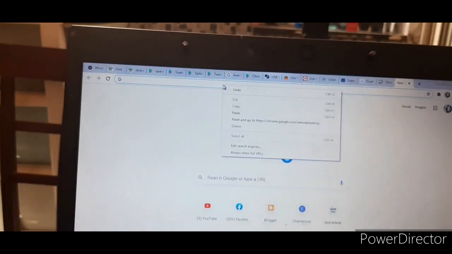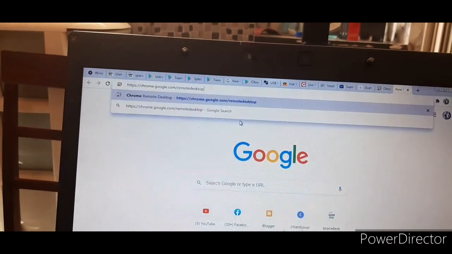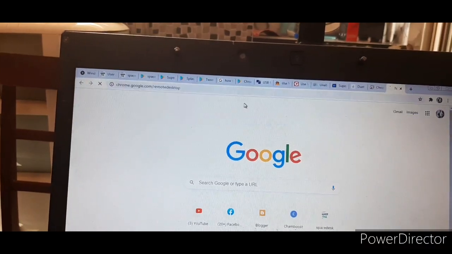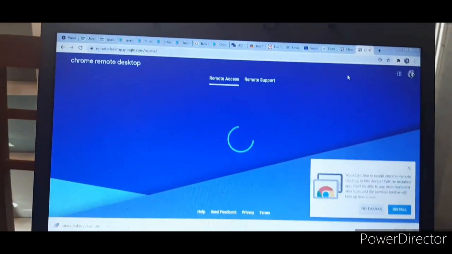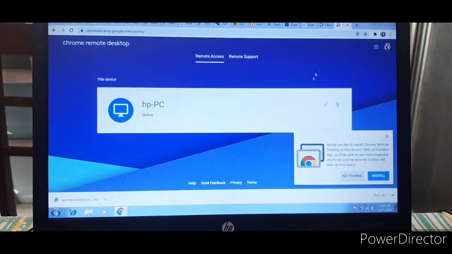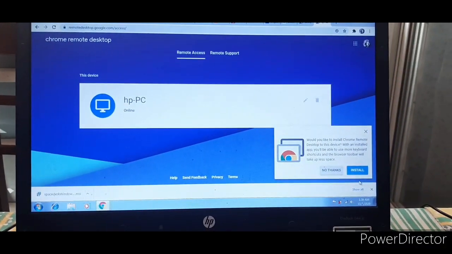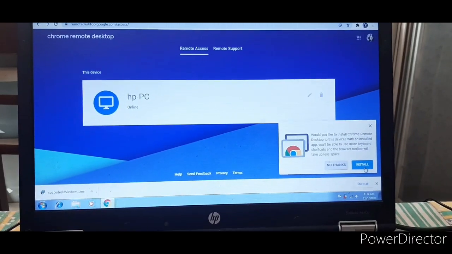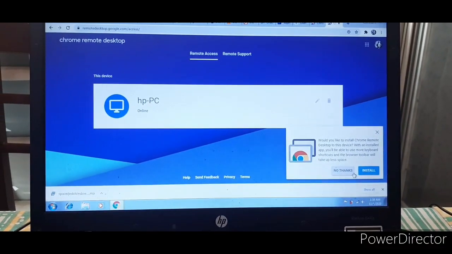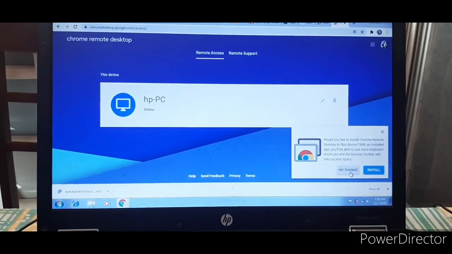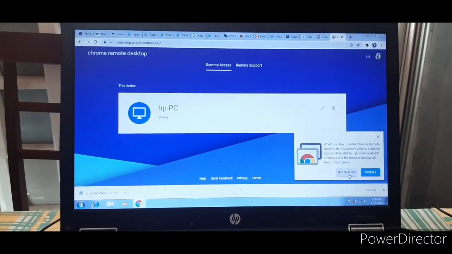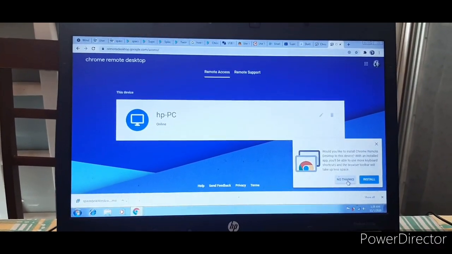Once you paste that URL, it will go to the page and detect your system, and it will ask to install the plugin or the software. Once you click on install, it will install it, and there are a couple of settings it will do automatically. You need not do anything.